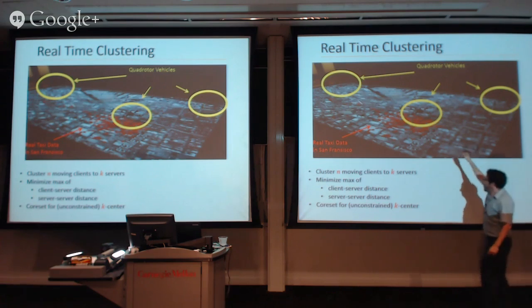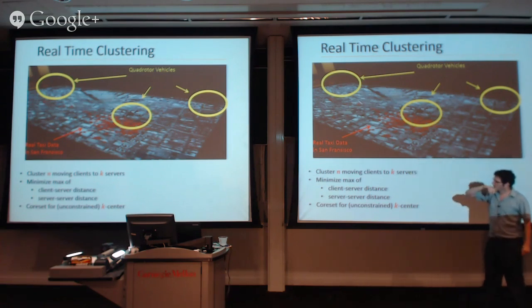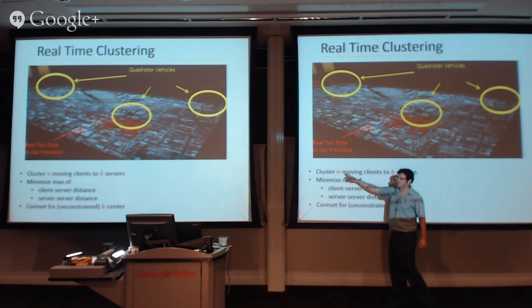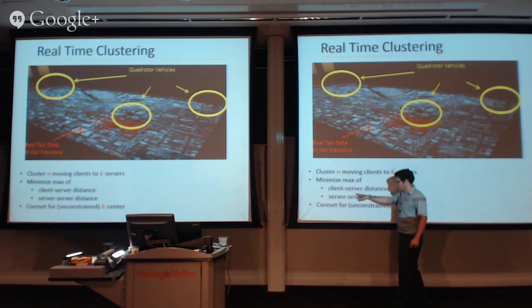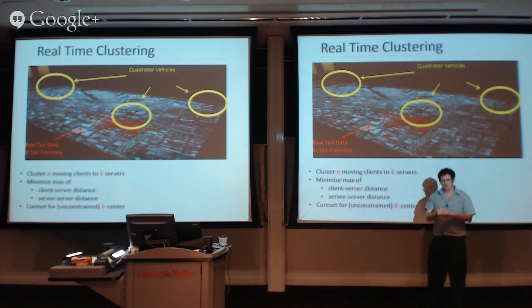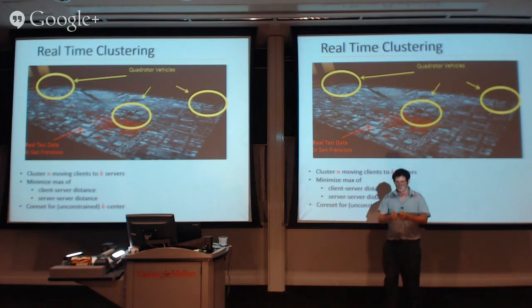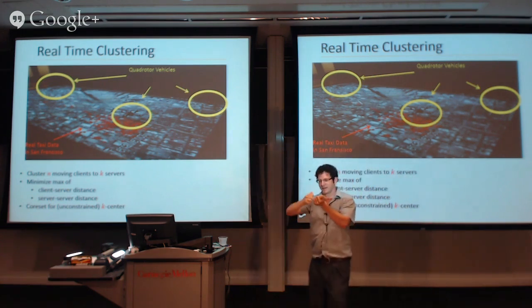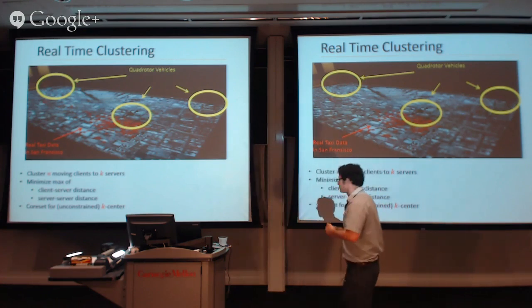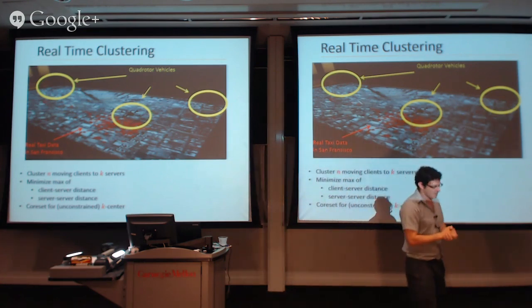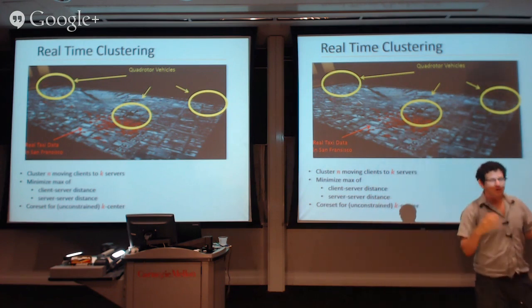So for this, we need to cluster the points. And the problem is you have n moving clients, which are the people with smartphones. And you want to find where to put the K servers, which are the quadrotors, the helicopters, such that the maximum distance from each client to its nearest server is minimized. So the cost is the maximum distance between the client and its nearest server, because we assume that every client connects to the nearest server. This is, of course, an NP-hard problem, as you probably know, but it turned out that just computing the cost for this problem